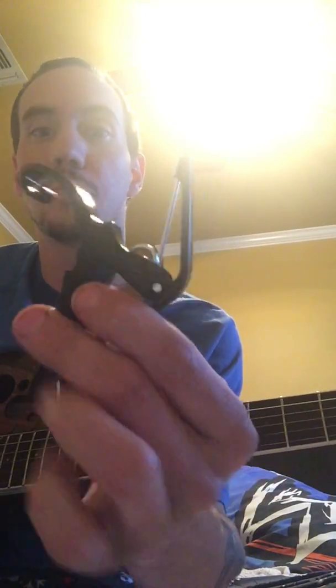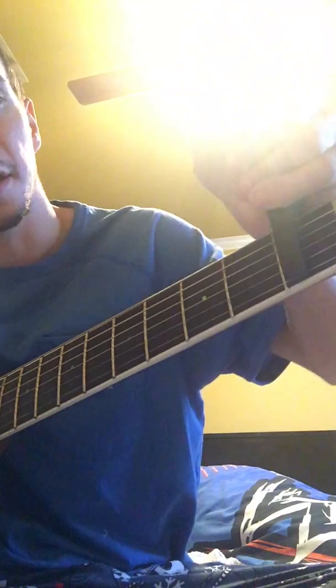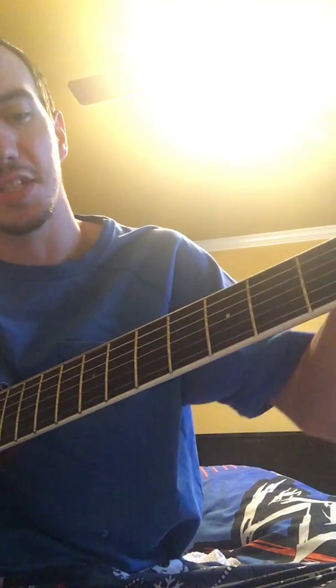Standard tune guitar. And then you need a capo, because you're going to take your capo and place it on the first fret. Most people play like this. I guess that would technically be up. I play with the capo facing down,